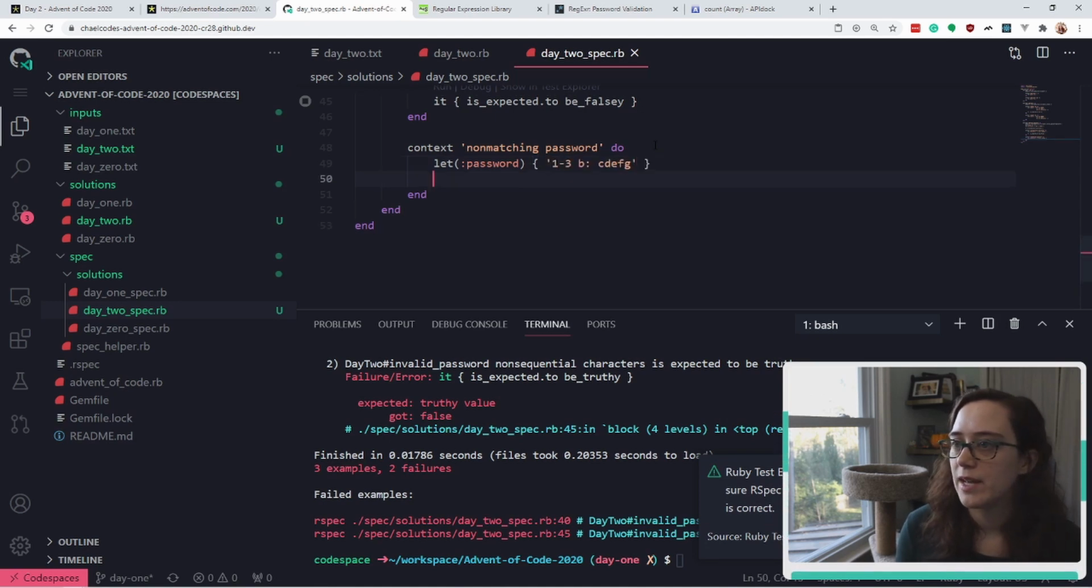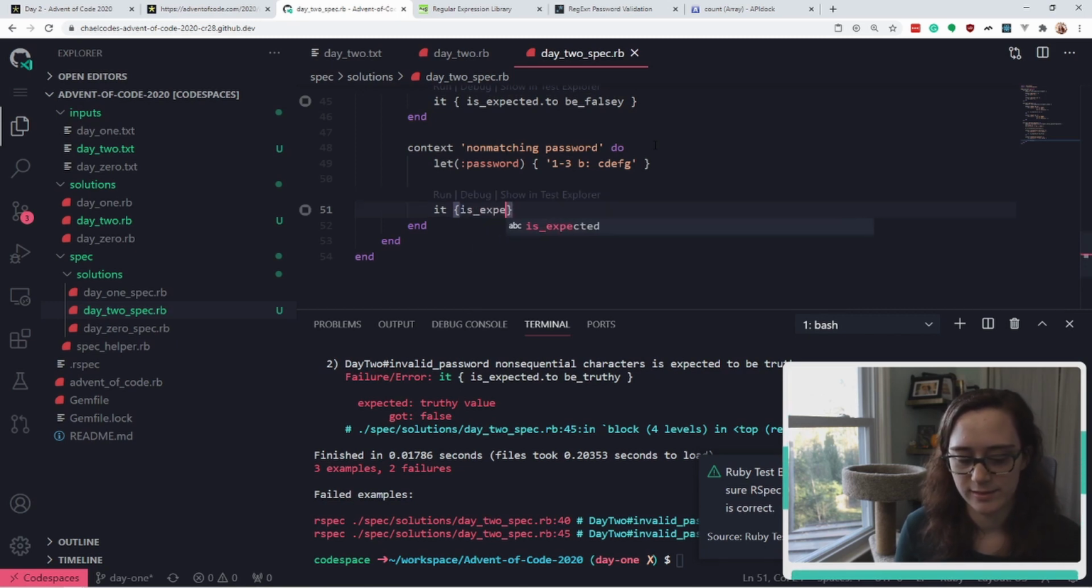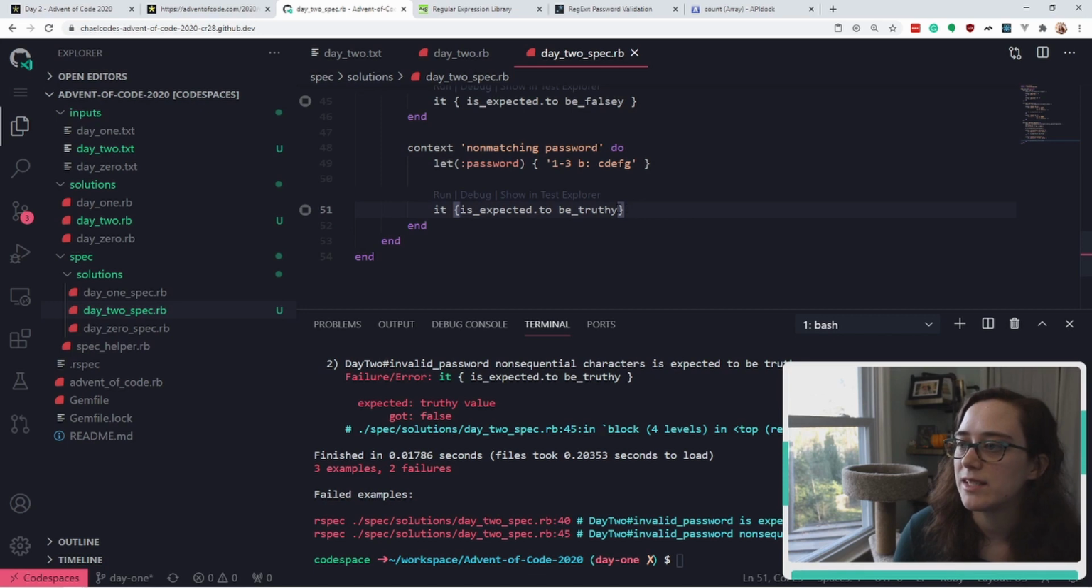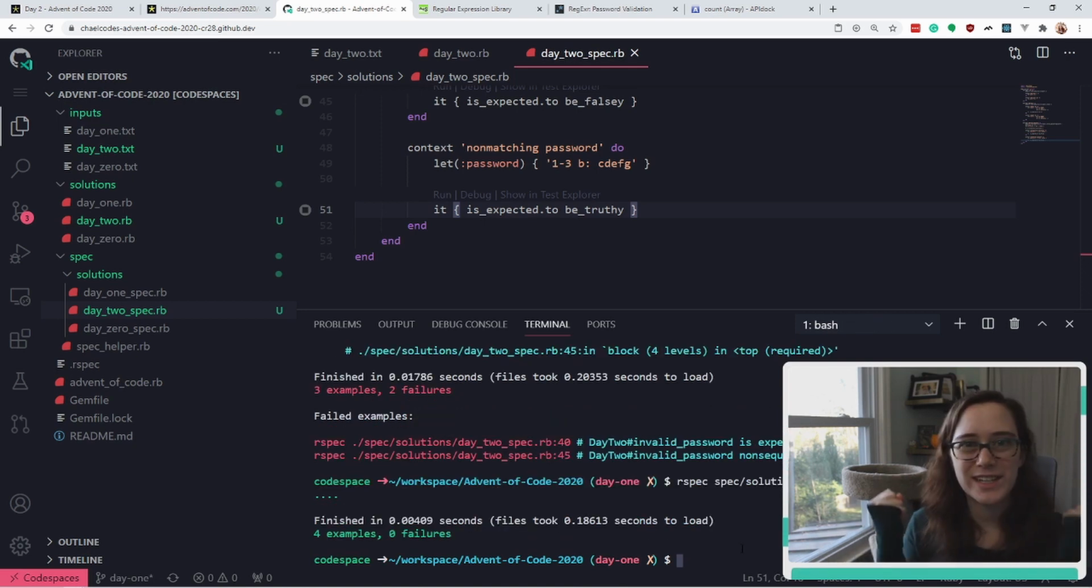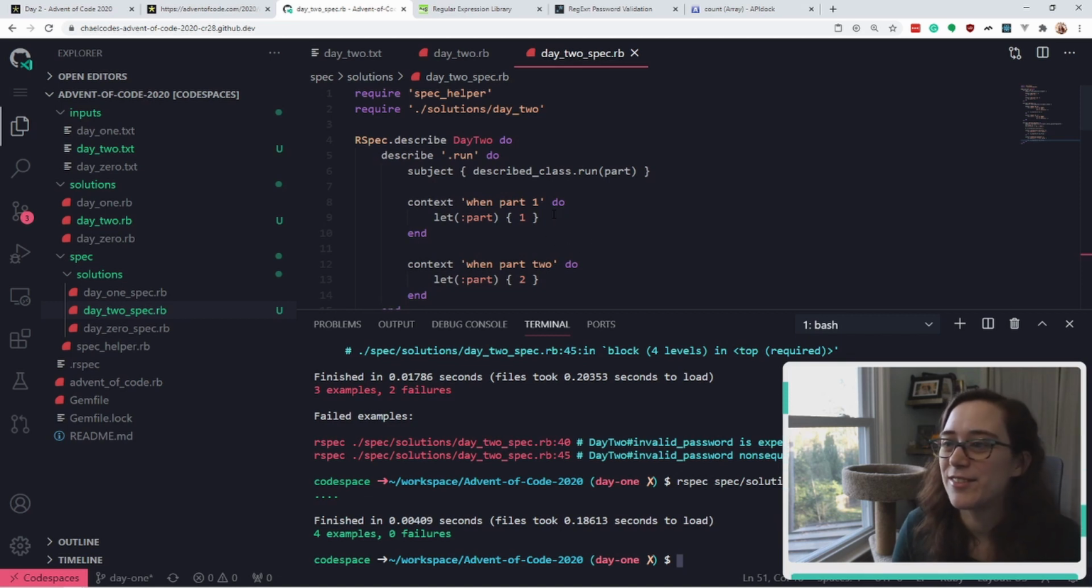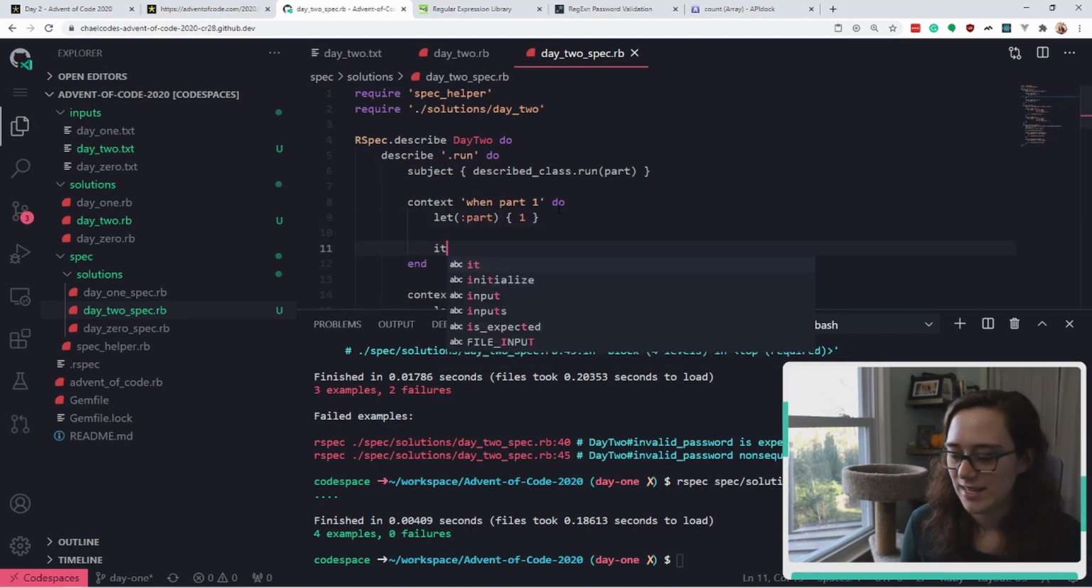Here we go. And we'll say it is expected not to be truthy. Just kidding. Okay. It is expected to be truthy. Space there. Space there. Formatting looks good. Let's run this. For example, 0 failures. Yes. Okay. Now, if I run part 1,